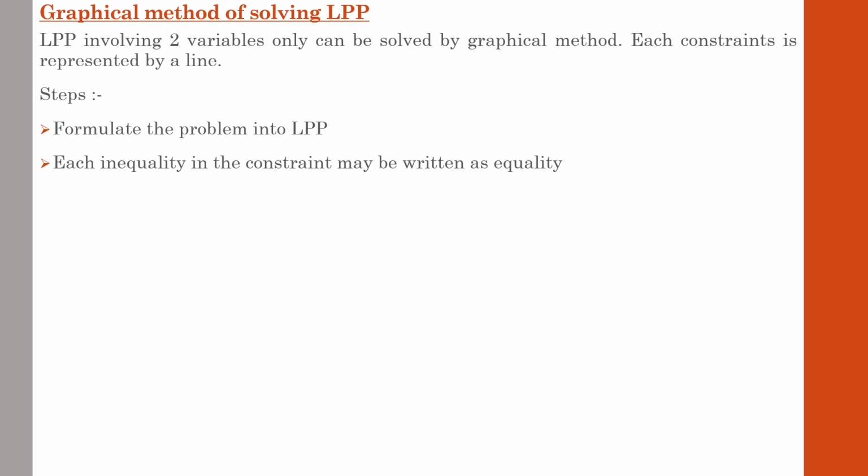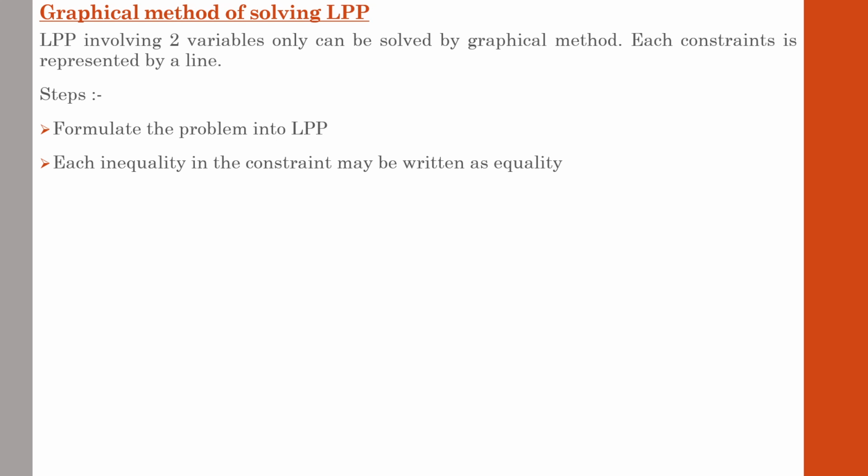That means in the question you might be given a linear equation. Sometimes a linear equation may be directly given. Anyway, for computation of a graphical method, you need to prepare a linear equation. Sometimes it will be like this: 2x plus 3y. We know that it is a linear equation. But in the question it is given as 2x plus 3y less than or equal to 80. So how are we going to solve that?